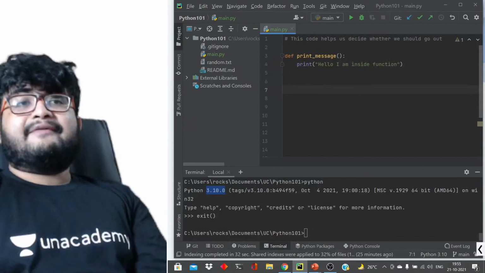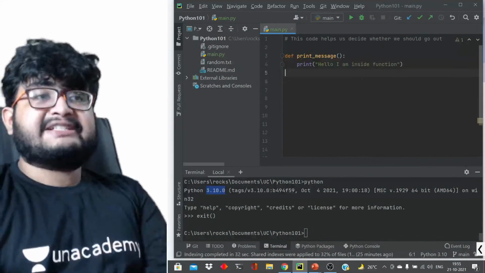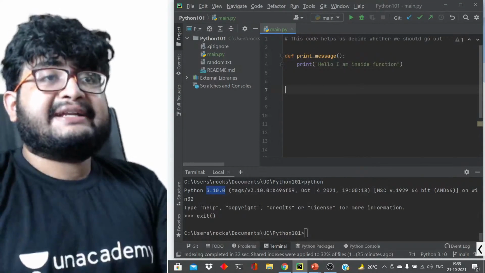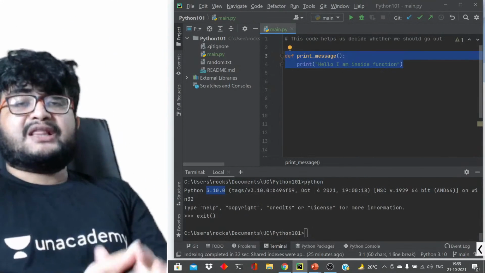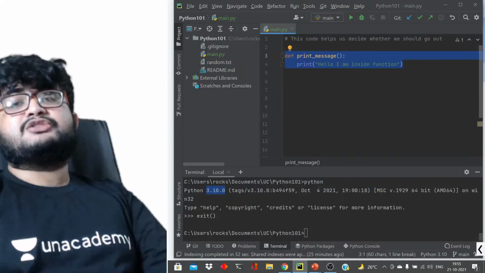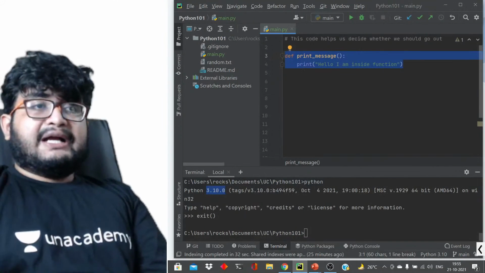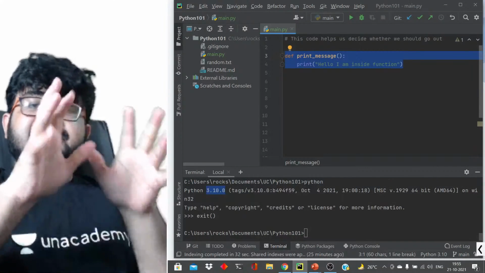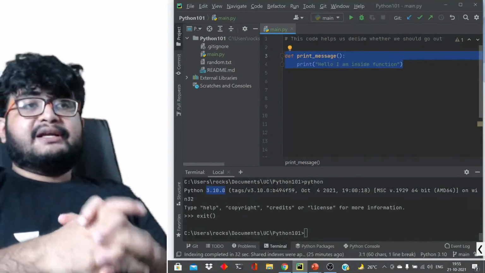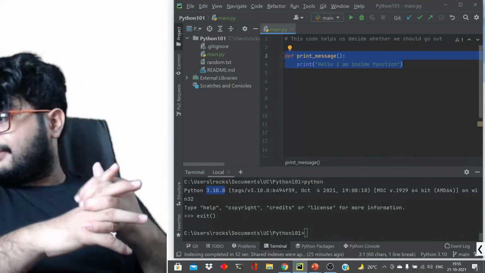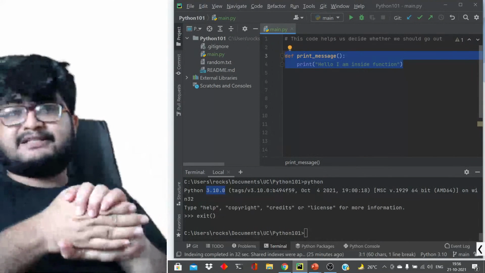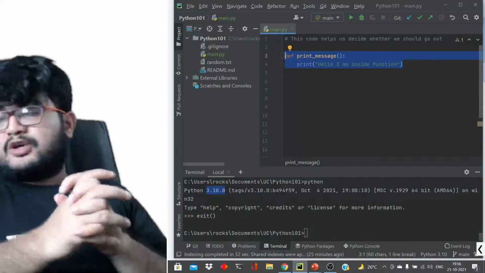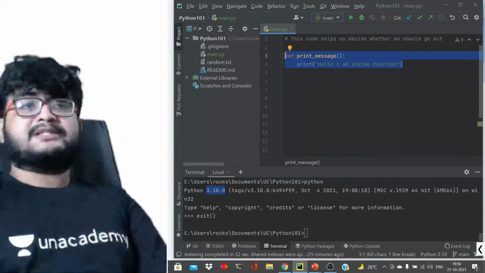So let's say this is a function definition that I've created. Whatever I've created here is called the function definition, right? Now the function is not automatically executed. It is just there, it is a definition. Yes, indentation is 4 spaces, a tab or 4 spaces. A tab is equal to 4 spaces, so it's a tab or 4 spaces.